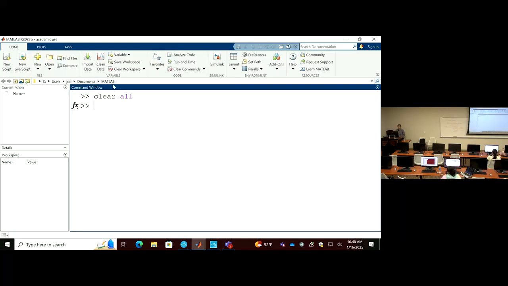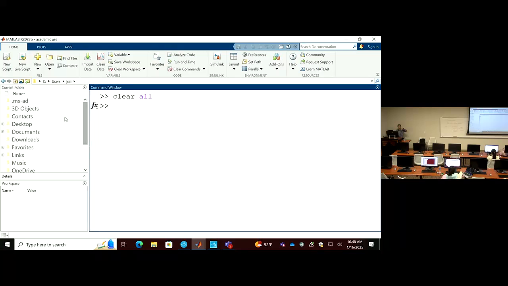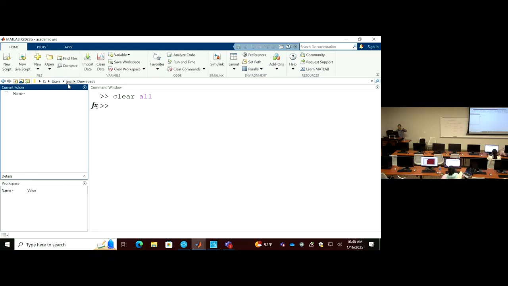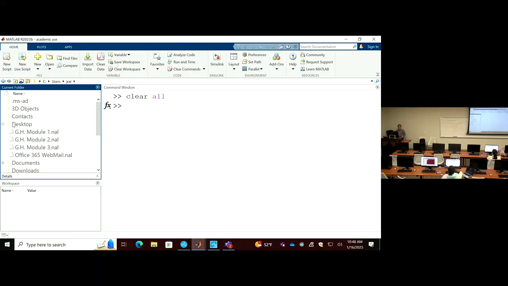I want you to get familiar with visiting these folders. So now we are under Documents. If you click this, you come back to the folder one level above. And then you click this, you see the folders under your username there: Desktop, Documents, Downloads. I have nothing in Downloads, so feel free to navigate this,